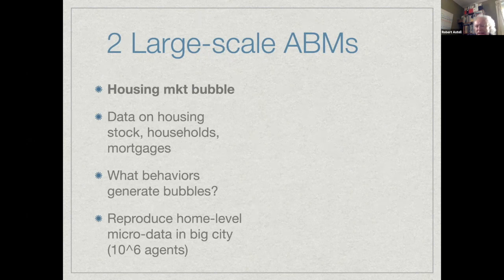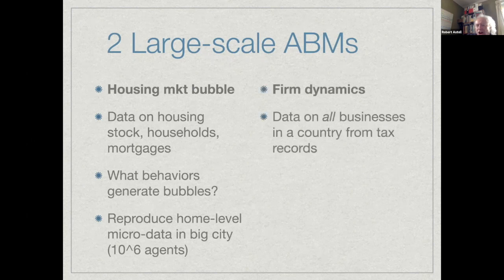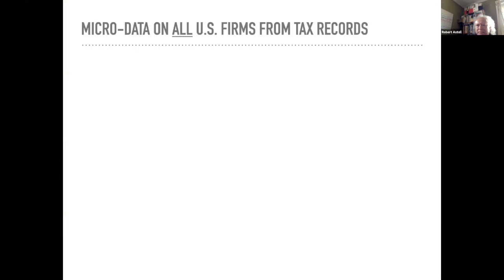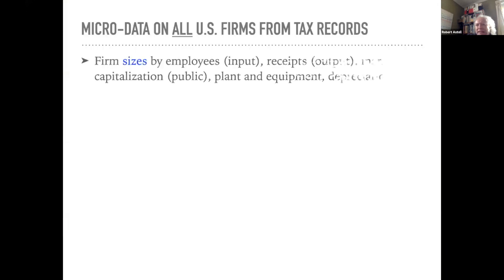What I'll talk about today, though, is a bigger model. It turns out we've been able to get data on all businesses in the U.S. It's essentially gleaned from tax records. And these data don't always have a lot of behavior in there, but they do have very crisp targets we want to hit with a model. And so by rendering this model, in a way you'll see in a moment, with 10 to the 8th agents, that is 100 million workers, we're able to make some progress building a full-scale model of the U.S. economy. So what kind of data are in these tax records?